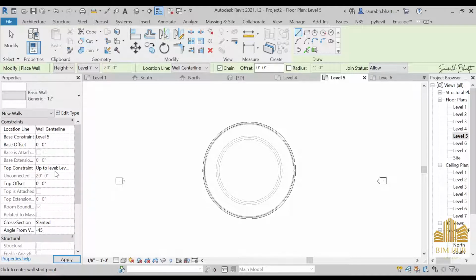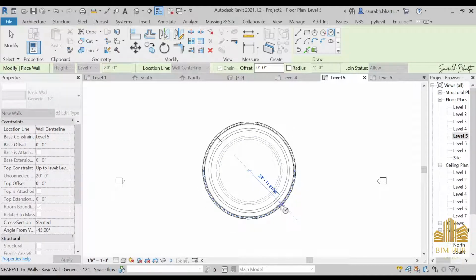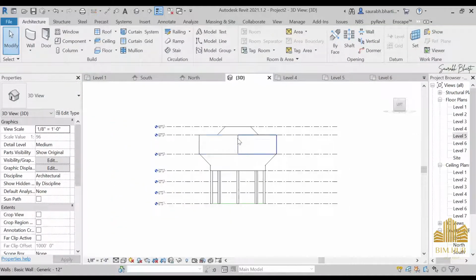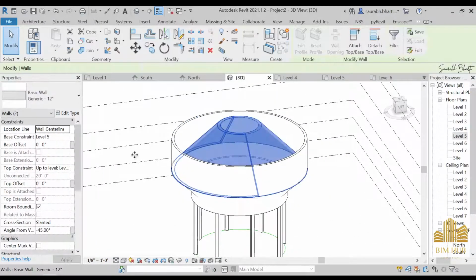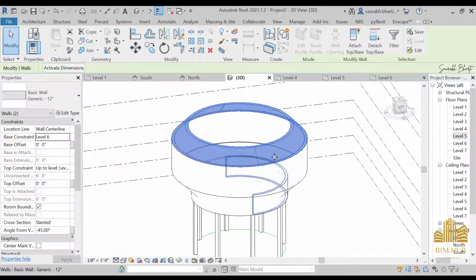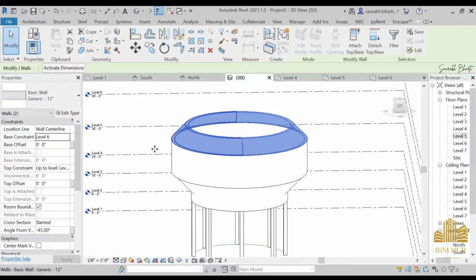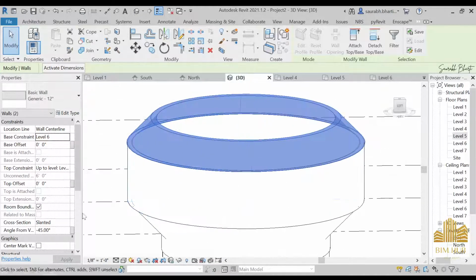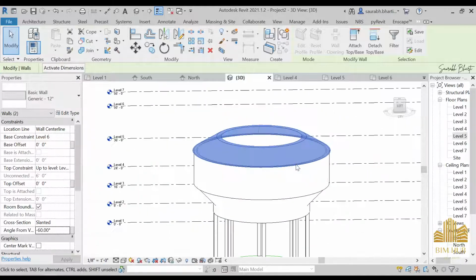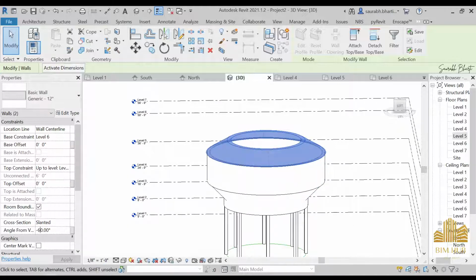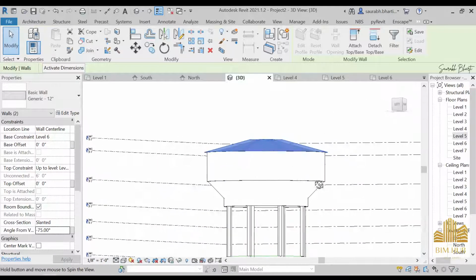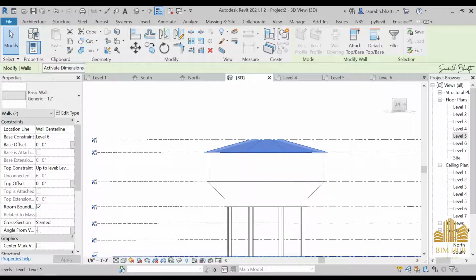Yes, and now just try to draw it from the middle, something like this. And you can start from level 6. And if you want to reduce the size of this circle, you can just do it as minus 60 degree. And if you want to decrease it a little bit more, you can do it at 75 maybe, something like this. This is much more circular, so let's just keep it at minus 60 degree. Okay,